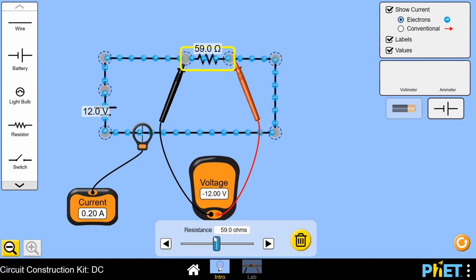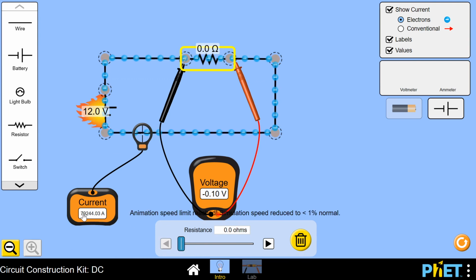Okay, so what happens then if we reduce it under 9? Well, we're going to see that current blow up, and as we get to 0, that current, it can't show it here, but that current would essentially become an infinite number, which doesn't work, which is why the circuit catches on fire, because it's moving, literally moving electrons as fast as they can possibly move, which just physically is impossible, first off. And then secondly, will cause the whole circuit to break down because, as we've said and seen in our PowerPoints and notes,